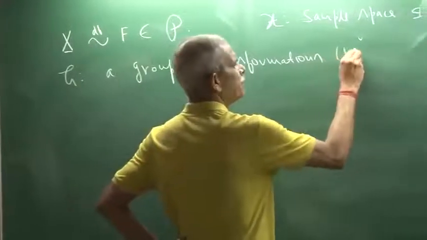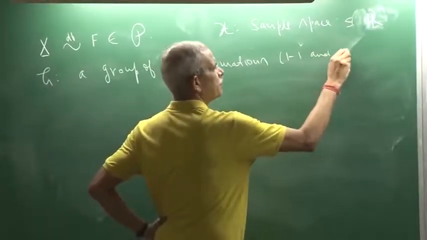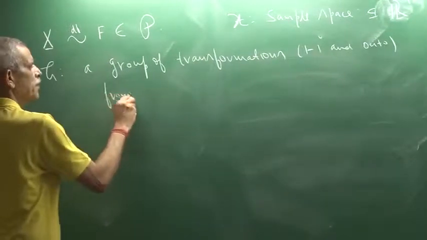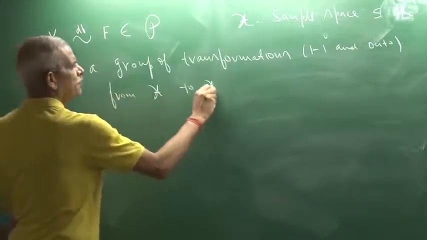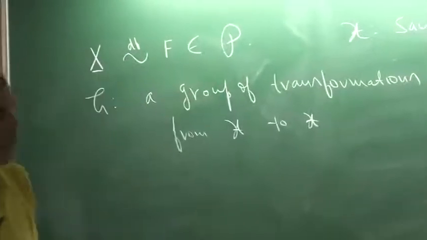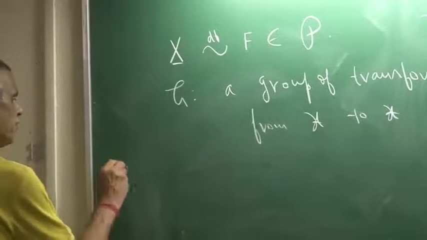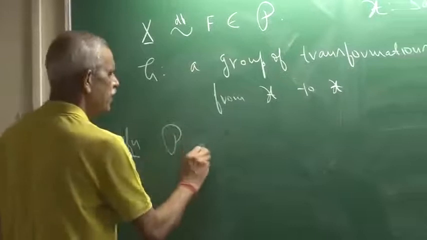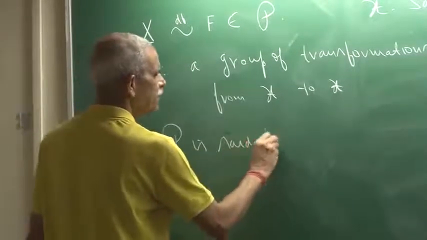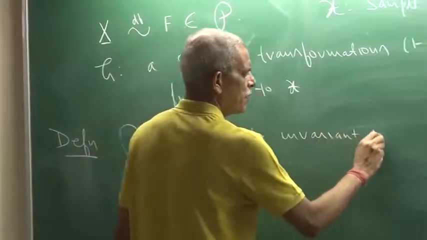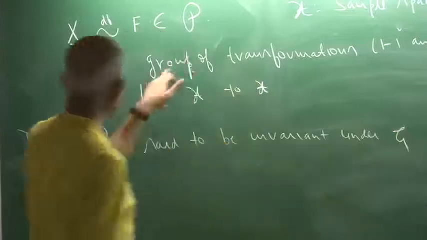One-to-one and onto, from chi to chi. So as I said, my first step is to say that P is invariant under this group of transformations G. So the definition is: P is said to be invariant, my set of distributions, under this group of transformations which is given to us